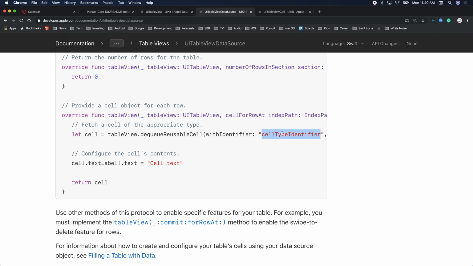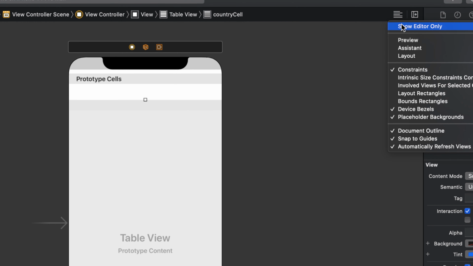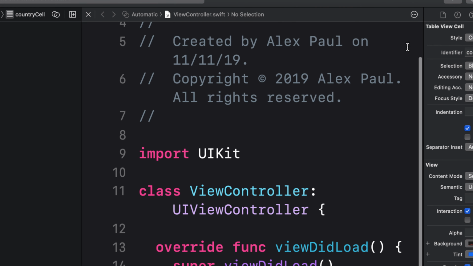All right, great. So let's go back. Let's get our assistant open. I will go to my assistant editor. I'll click on my assistant editor here to bring up my view controller,